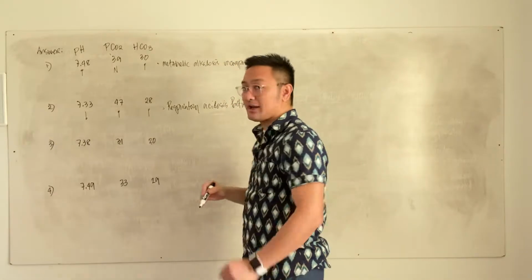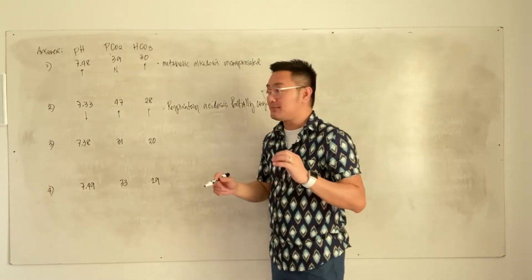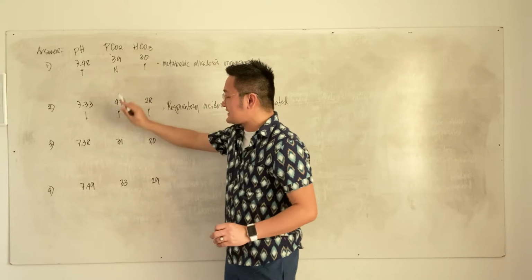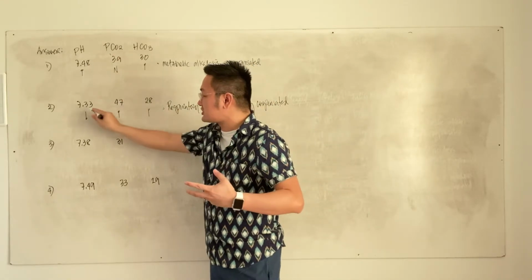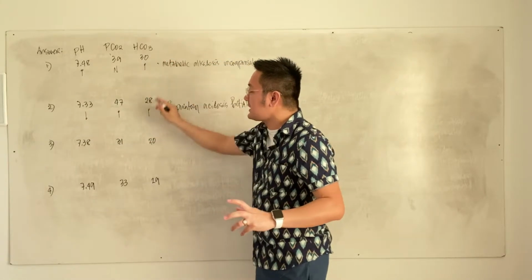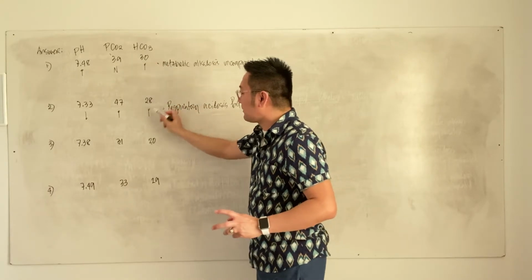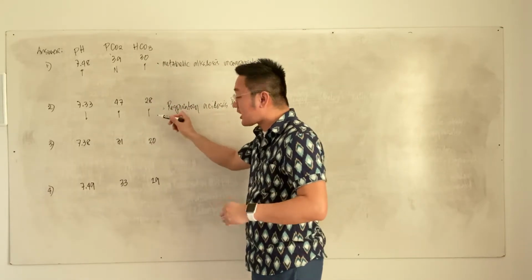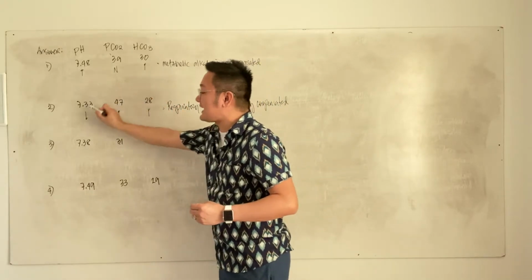Now, why is this interpretation respiratory acidosis? Because look, your PCO2 is high. Remember, if there's too much carbon dioxide in the body, the pH decreases. Therefore, it's respiratory in nature. The bicarbonate increases as a form of compensatory mechanism. Why is it important for bicarb to increase? Because bicarb is alkaline. Therefore, the bicarb will increase, trying to neutralize acidity.